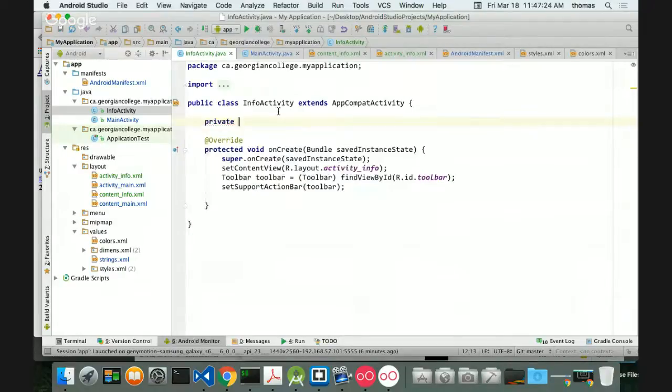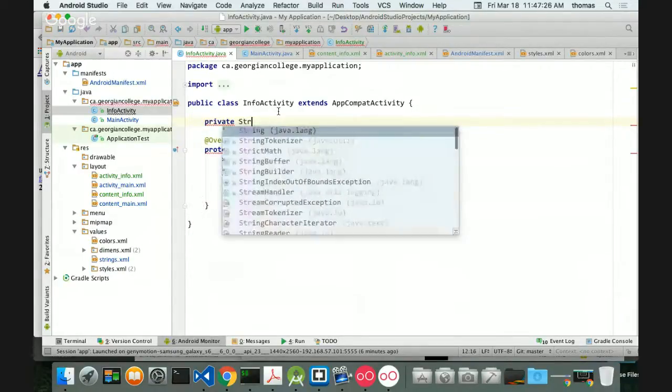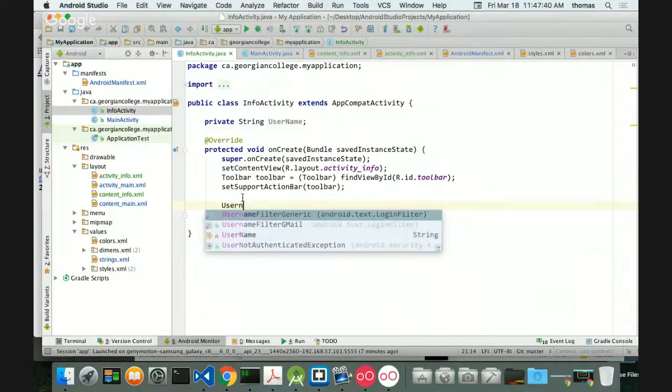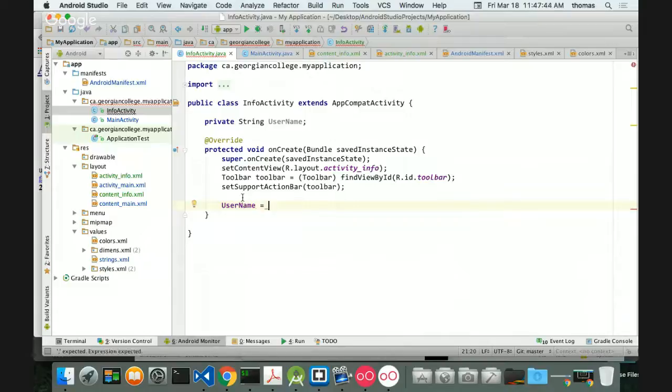We're going to call this a private string value, which we're just going to call my username, right? So it's not shared. And then inside my onCreate method, I want to say something like this, right? Username is equal to, and here we go, get intent, dot